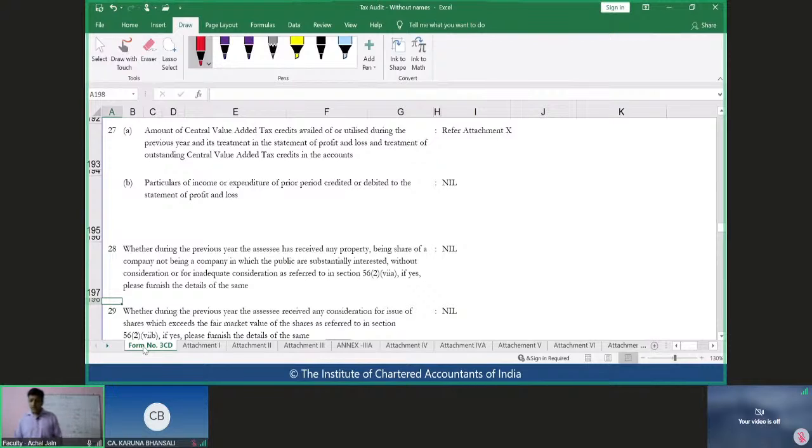All right, yeah. So with this, what we can do now is we can take a break. After the break, we'll continue with our discussion on this form number 3CD. And you may be wondering, sir, what has happened? This form 3CD has not come to an end. We are moving towards the closure of form 3CD, and we will also try to discuss some more examples around this form 3CD. GST audit, or the procedures around the GST audit, will then be covered by us, but that will not take us so much time, and I consider this to be something which will also be wrapped up in some time after our break. Okay.